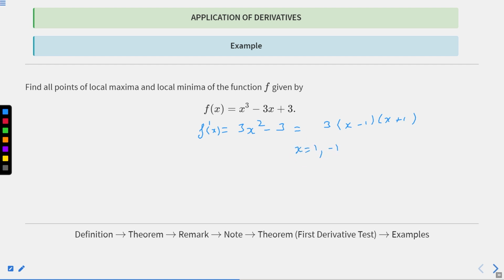Now what you have to check is f of minus 1. Okay, now for this, what is your...